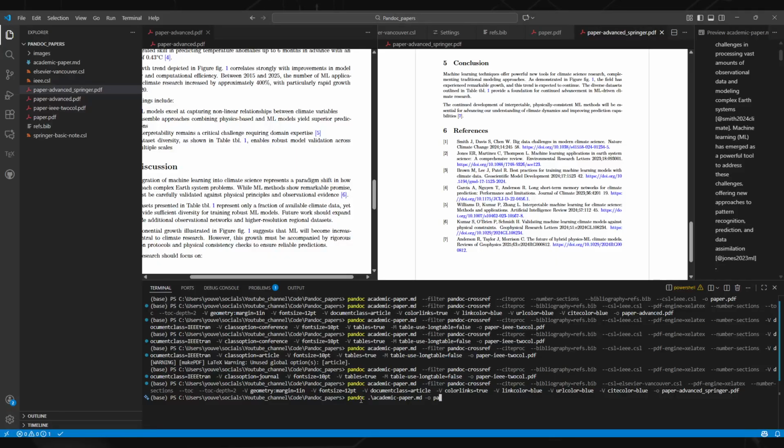The output will be paper.tex. Also, we need to use citeproc for the citation. We also need to use BibLaTeX for LaTeX to work with the references. We also need to use the filter pandoc-crossref